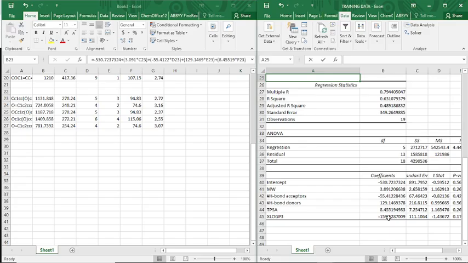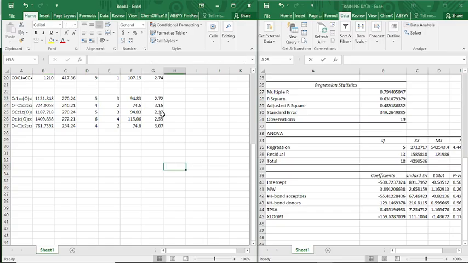So you multiply the coefficient by the value of that input, the input value. Once you add it in that manner,